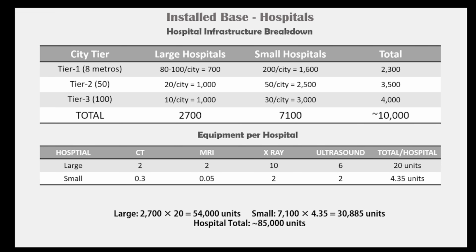So segment wise, we had 2,700 large hospitals multiplied by 20 units, which gives us 54,000 units. Small hospitals, which were 7,100, at 4.35 units per hospital, give 30,885 units. In total, we will get approximately 85,000 units. But since the total demand is coming from different sources and not just hospitals, let us